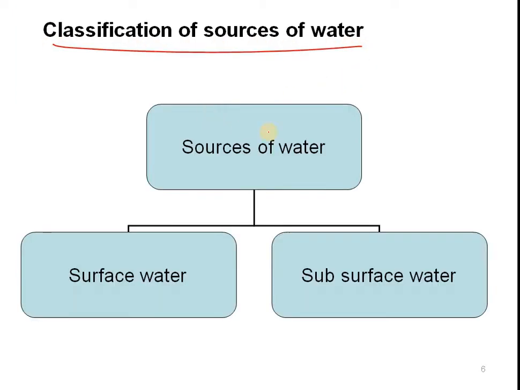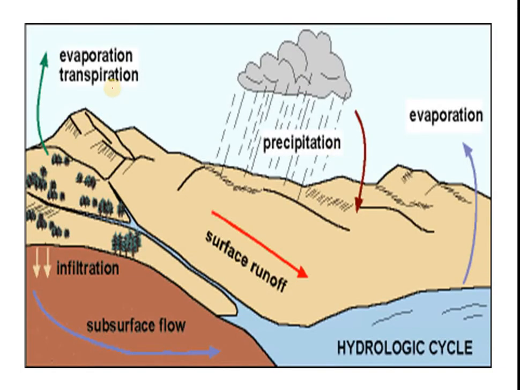And next, classification of sources of water. So once again you can see here, sources of water are nothing but surface and subsurface. This is the evergreen chart we can see from our school days. The precipitation, where the clouds were formed, the water which falls on the ground or any hill surfaces, moves like a subsurface runoff to the reservoirs or oceans, okay, the ground level.